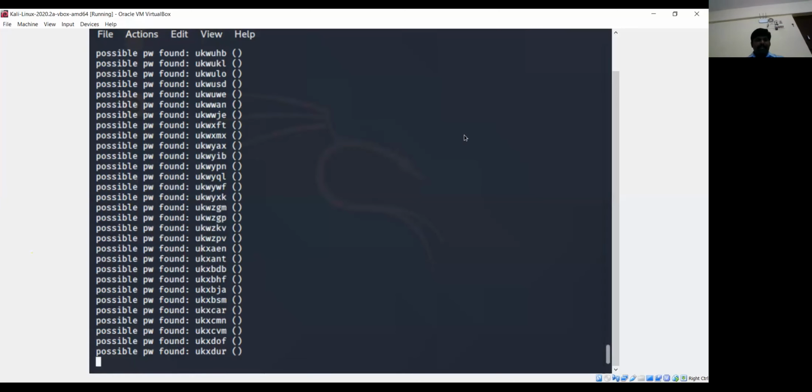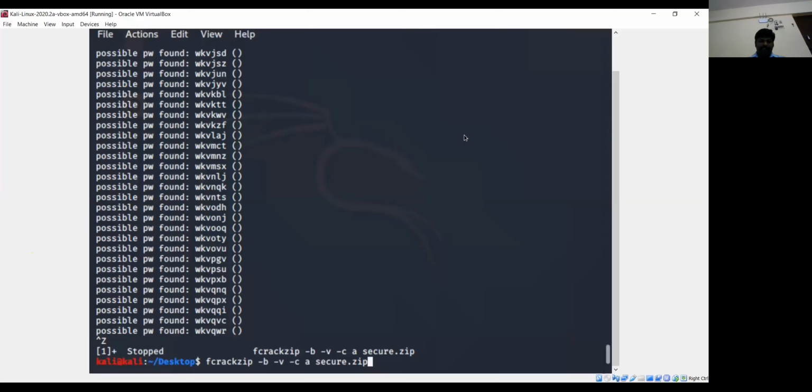Okay, so what I do is that I'll stop this. How can I stop this processing? Again by pressing Control Z. If I press Control Z, my brute force attack stops, because I wanted to explain some more commands also. I'm going to add something here. Suppose my password is in capital letters, right? In that case, what is the command I should give? I'll try to clear it.